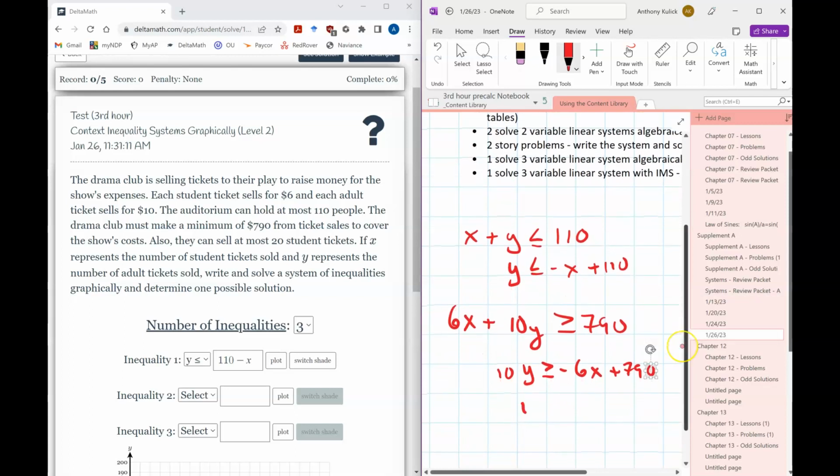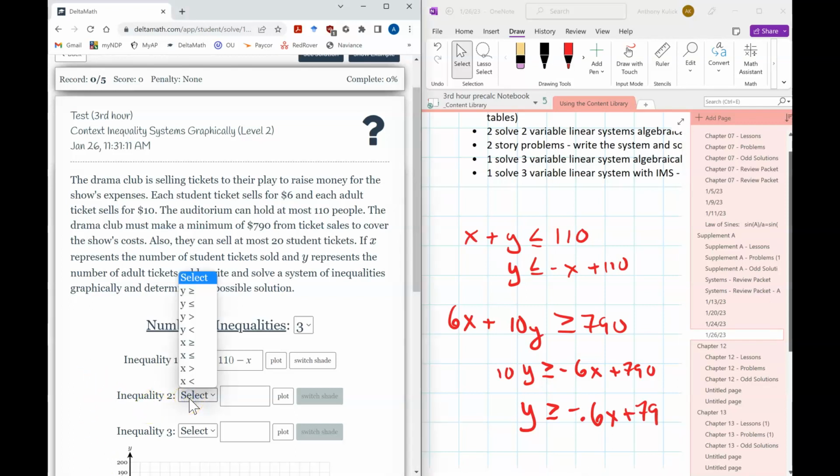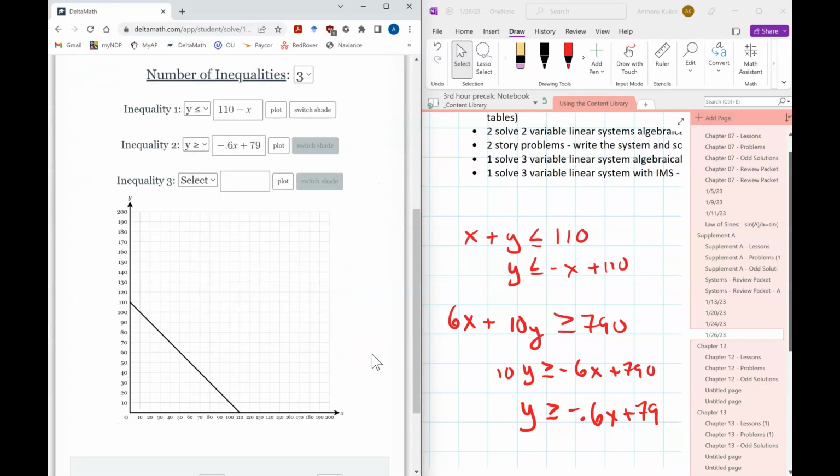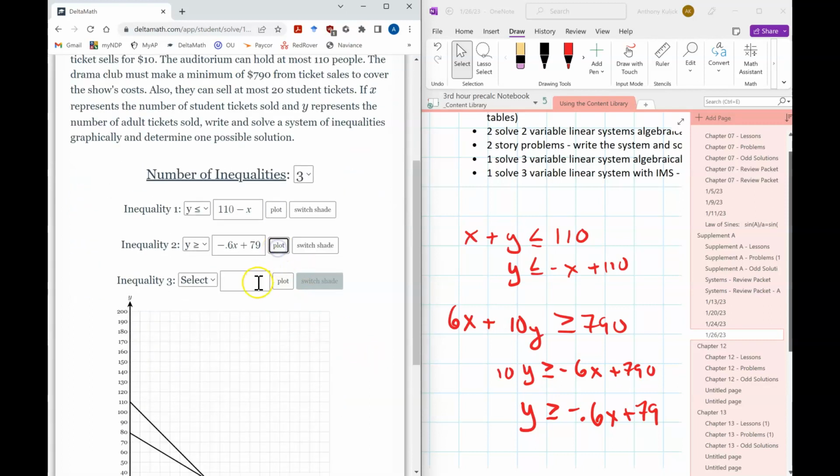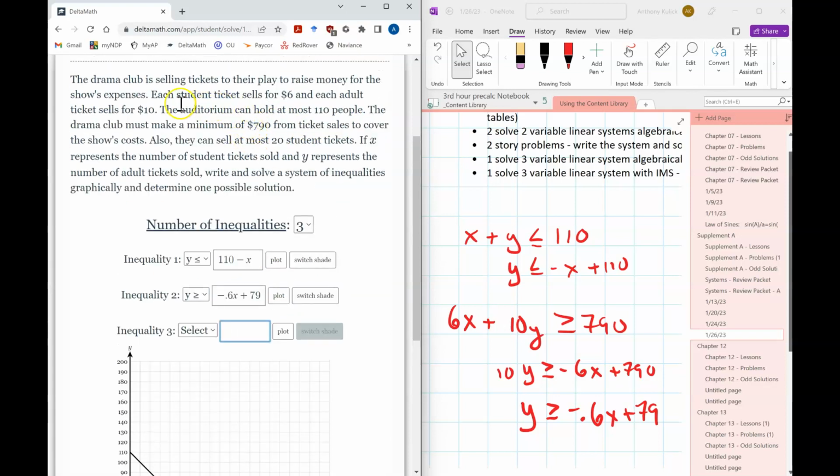And if I divide both sides by 10, I'll write that way. Greater than or equal to. Okay, plot that one. And then my last one, again, you could have more than 3 things, but there's only